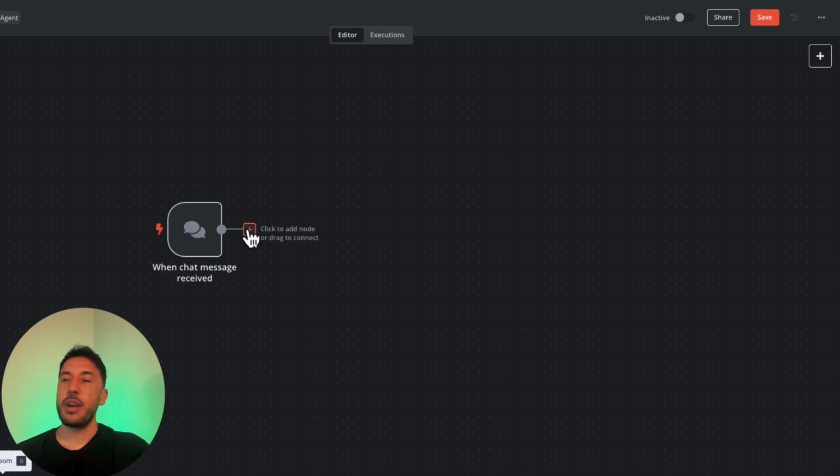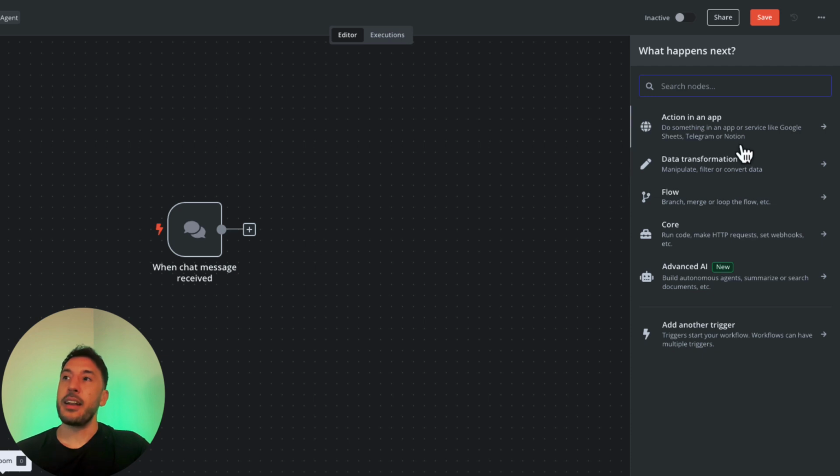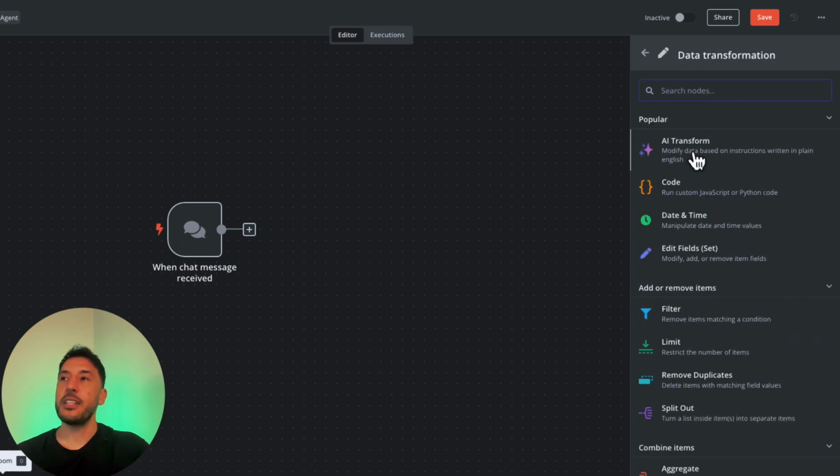Now, if I want to add not an app, but something to transform the data that I'm receiving from this chat message, I can click on data transformation, and this will open up all of the data transformation nodes that are available within n8n. You can add code, date and time, edit fields.